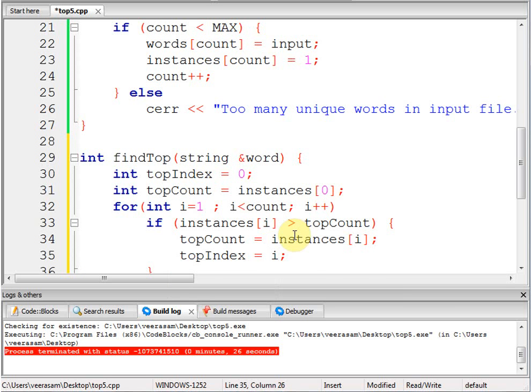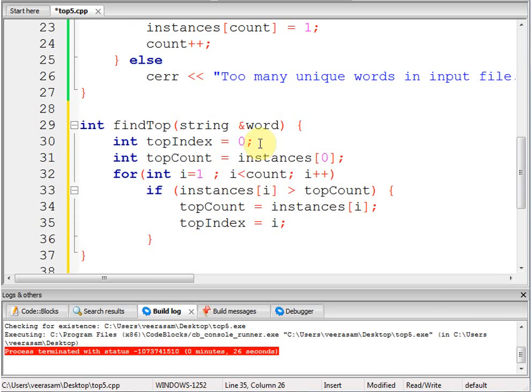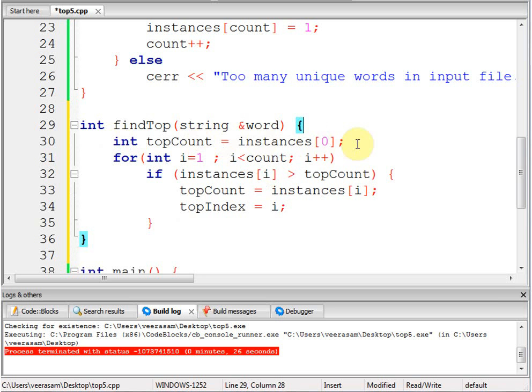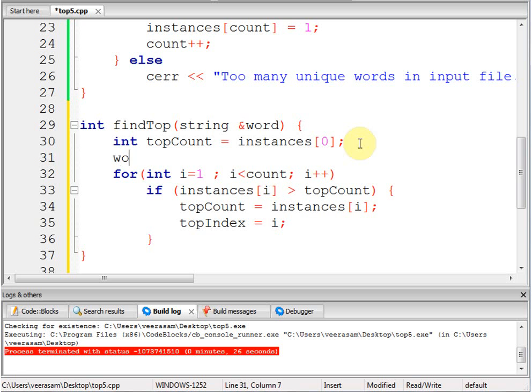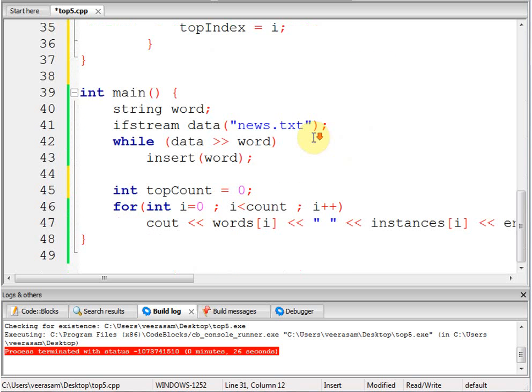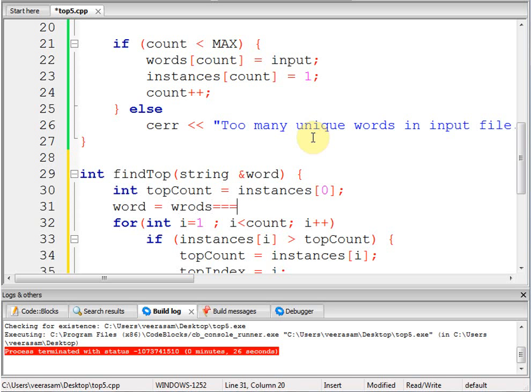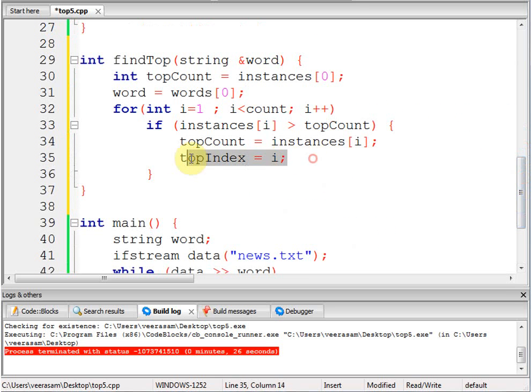Also we need to keep track of top index so that we can return the word, right? Or you can directly update the word too. That's actually another way. So here, see, top count instances of 0 and word equal to words of 0 initially. Okay, initially we assume the 0 is the winner, and then word,